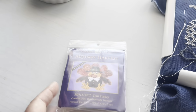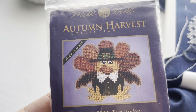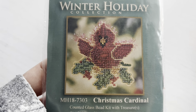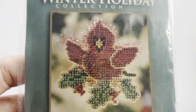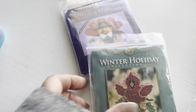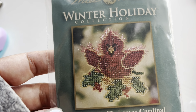And let me show you another Mill Hill that I got, that I have a plan for. Now, isn't this cute? This is Christmas Cardinal, and I just think it's so cute. And it comes with this fuzzy stuff, I guess, to put on there. But my plan on this one is to make it into a needle minder. It depends on what size it is actually when it comes out. I think it's going to be smaller,